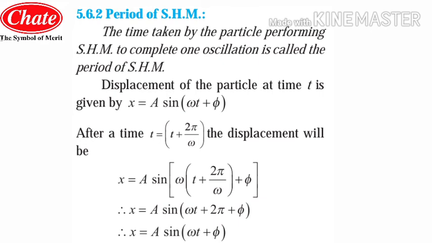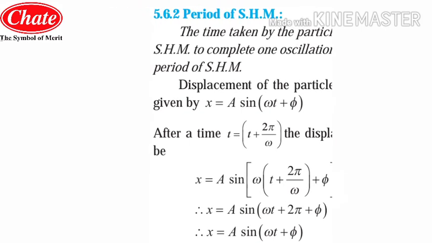Now students, let me explain one more time. As we have derived the equation up to x is equal to a sin of omega t plus 2 pi plus phi, where has the 2 pi term gone? You will have this question in your mind. Sin 2 pi means sin 360, or sin 0, which is 0, thus it gets cancelled. So the term which remains at last will be x is equal to a sin of omega t plus phi.